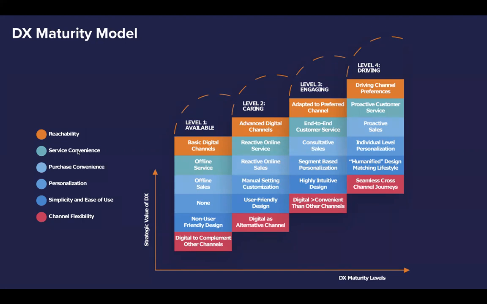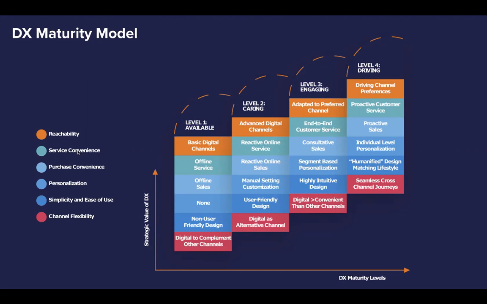You might want to say a bit about the campus, about how to get there, etc. So you're starting to be a bit reactive to online servicing. You're starting to have your online sales a bit more reactive on there. Your design is a bit more user-friendly across the channels. Actually, not a bit more. They should be user-friendly. And digital is an alternative channel. So you're starting now to see, you're still having silos, but you're seeing digital as an alternative, and it's an equivalent channel to what you had online.